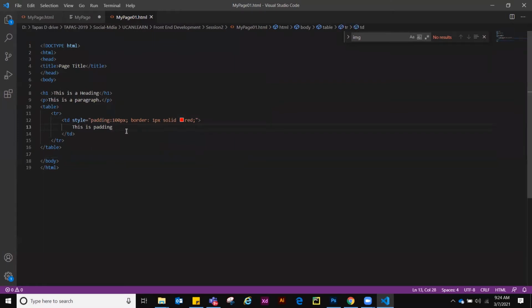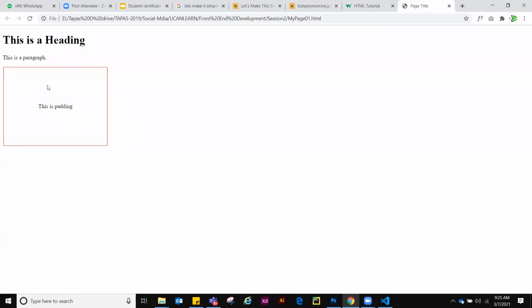Okay, now can anyone tell me, if I want to spread this red box end to end of the browser, what should I do? Whatever comes to your mind, please tell. I want to acquire the entire space of this page, from the left section to the right section.